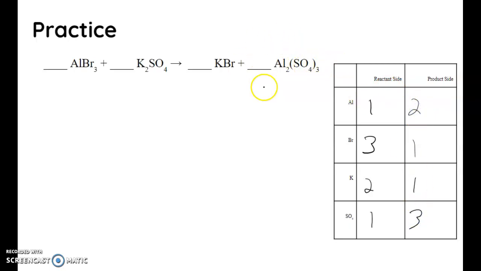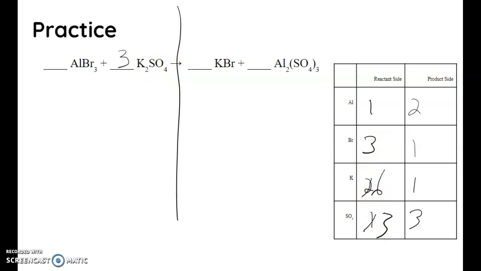My first thought here is I always like to start with the most complicated looking one. In this case, it seems to be this one. So I have 3 SO4s here, so I'm going to need at least 3 on this side. Right, so here's my SO4. Right now I have 1 SO4, and now I have 3. So let me update. So on my reactant side, that now gives me 6 potassiums, 3 SO4s,